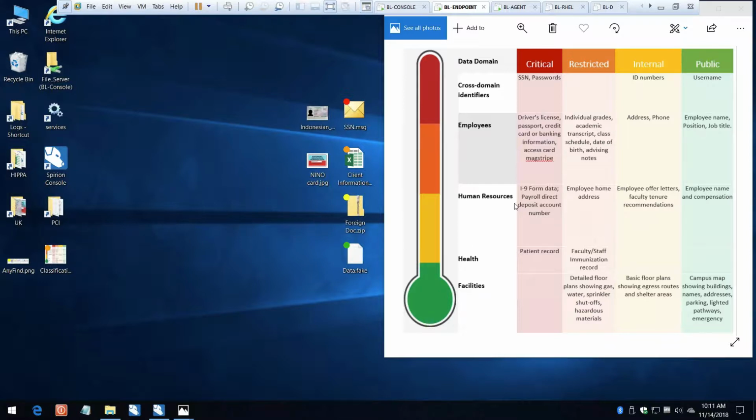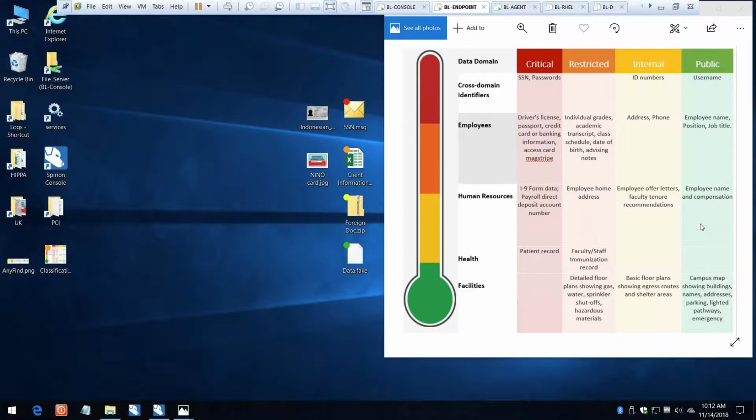This is an example of a data classification matrix. This is something that Scott had already shown in a previous slide, and this is really just a high-level overview of a potential taxonomy you could adopt within an organization. Typically, organizations will have 3 to 4 data classification types, and the taxonomy or the names you give these will vary greatly. In this case, I use critical, restricted, internal, and public, with green being the least sensitive and red being the most sensitive. So hot data is kind of the way I think of it. And under each one of those is going to be different types or groupings of data that constitute that type of sensitivity in this case.